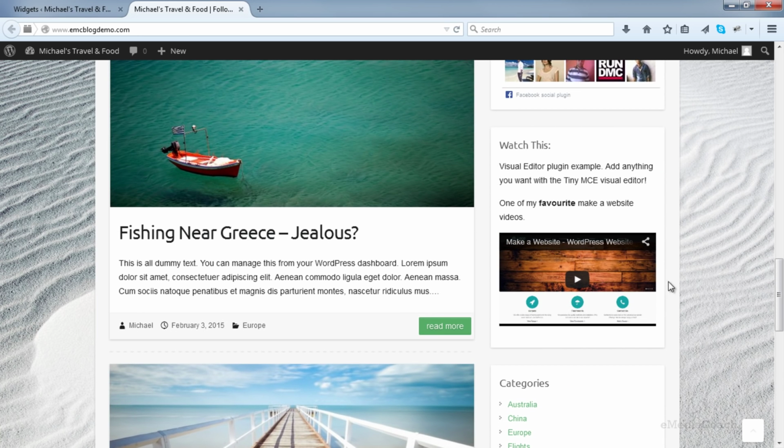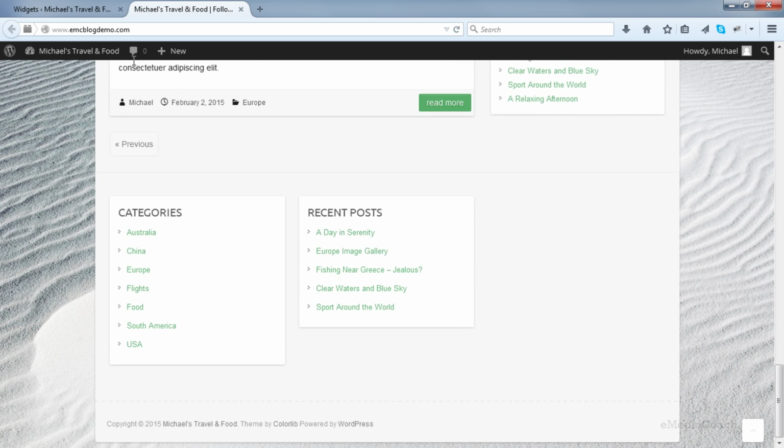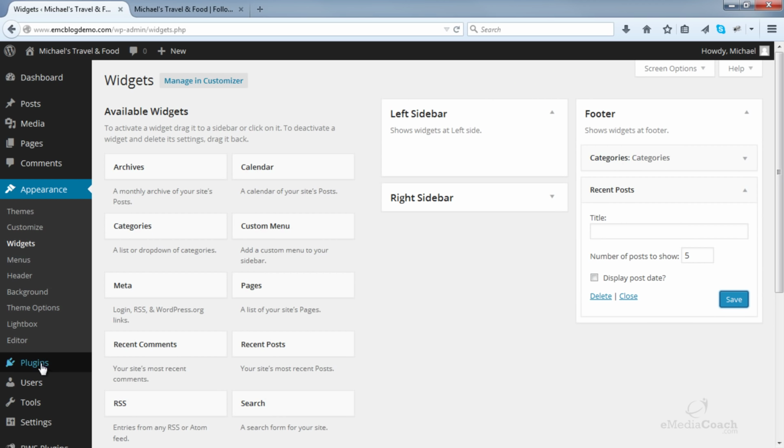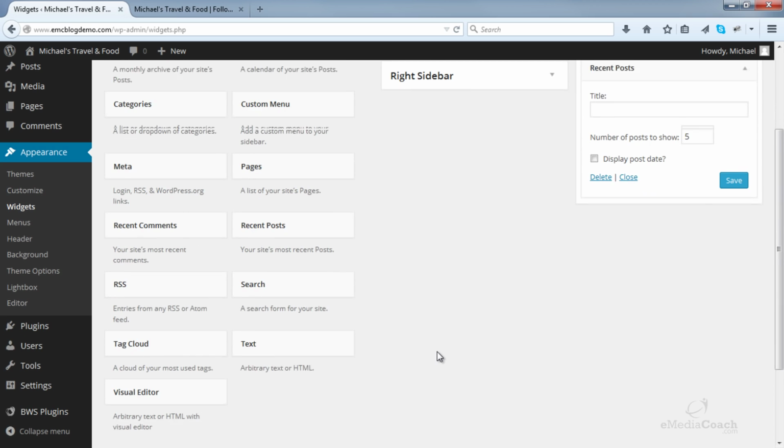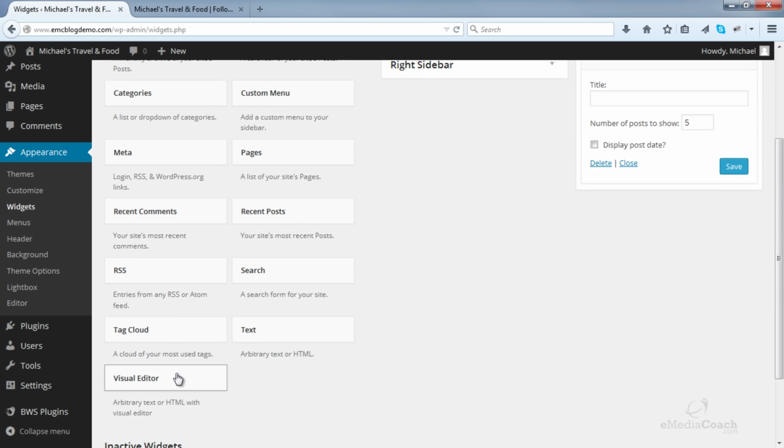If you want the flexibility to add images or even embed a video, you'll remember we installed a plugin called TinyMCE, which allowed us to embed this video here. You can also add any writing or images. If you haven't already done that, go to Plugins, Add New, and install a plugin called TinyMCE. Once you've done that, come back in here and you'll see there's a Visual Editor tab available.